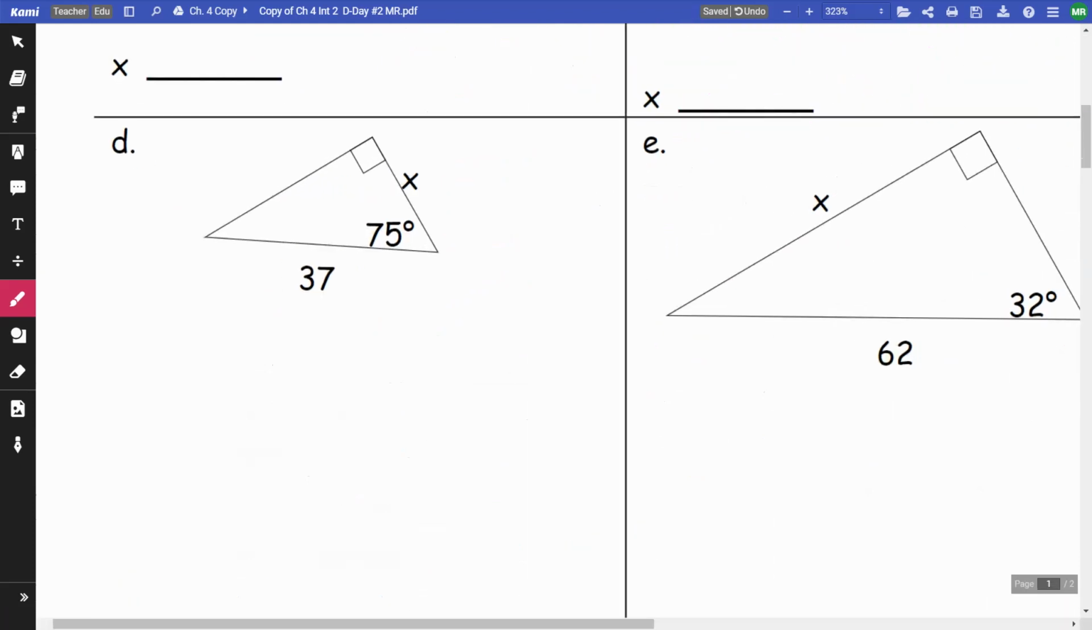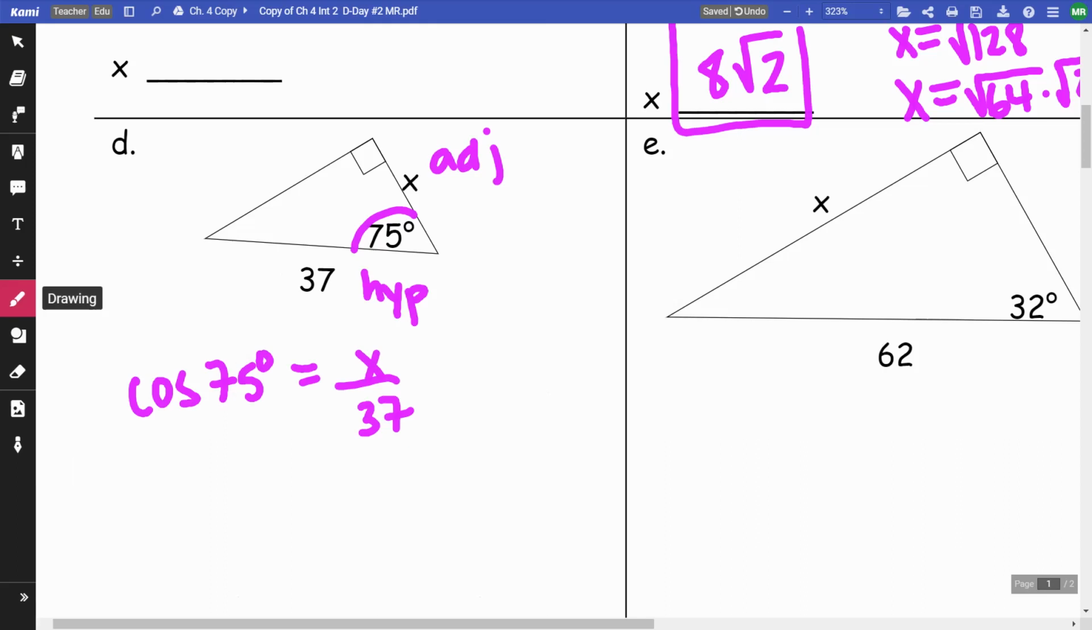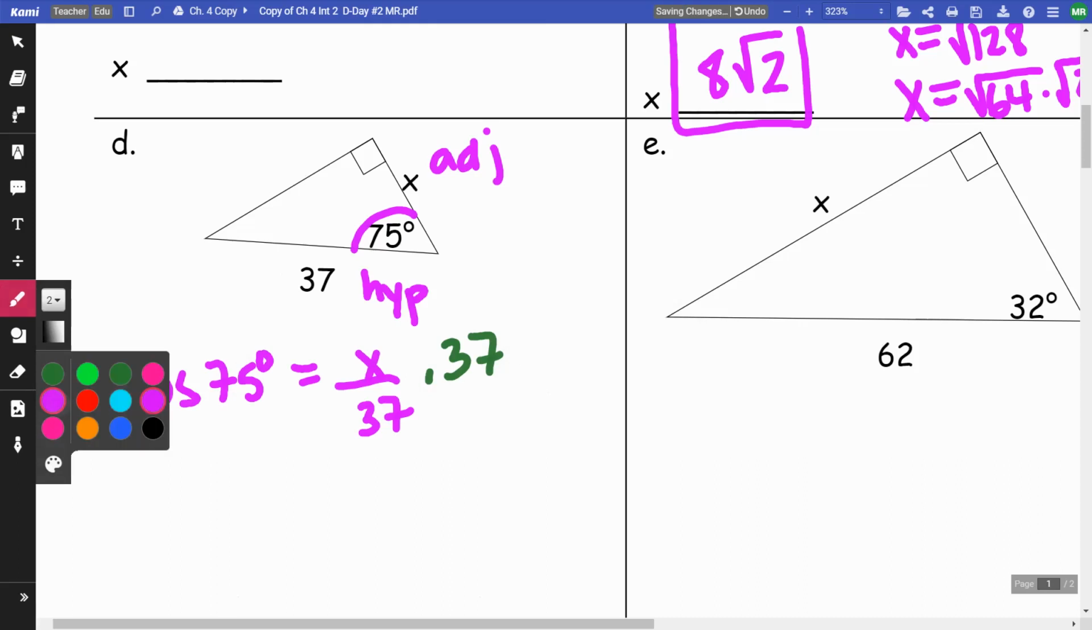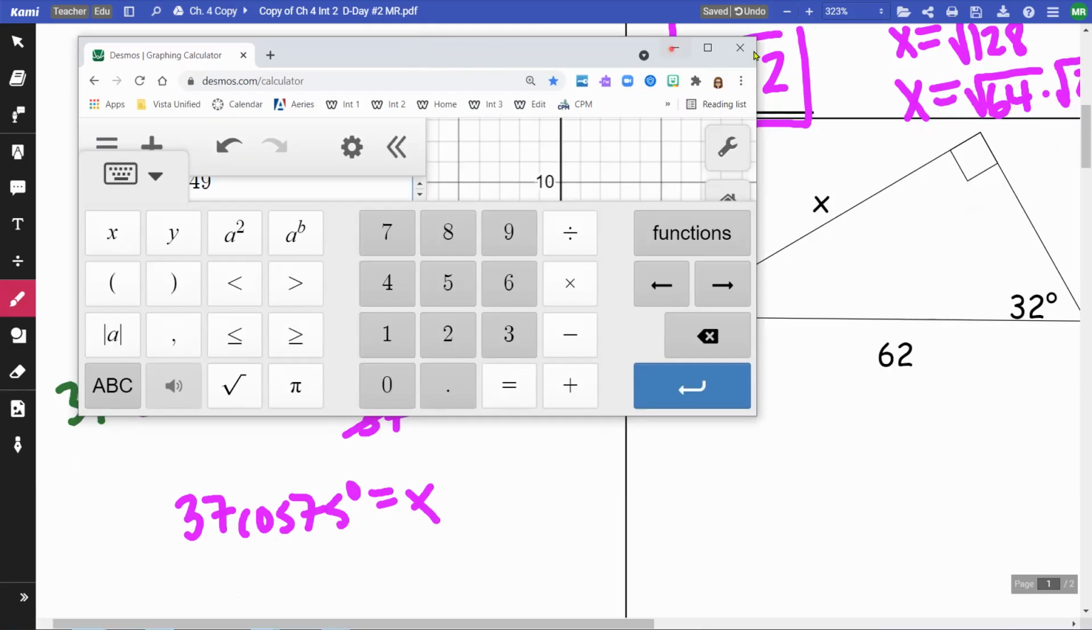On letter D, from my 75 degrees, this is going to be hypotenuse. This is going to be adjacent. So that is going to be cosine. So I'm going to do cosine of 75 degrees is equal to adjacent over hypotenuse. I'm going to multiply both sides by 37. And I'm going to get 37 cosine of 75 degrees is equal to x, because those are going to cancel out. And when I put that into my calculator, 37 cosine 75,